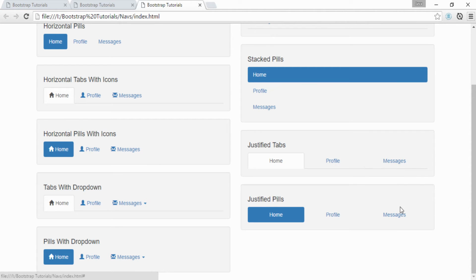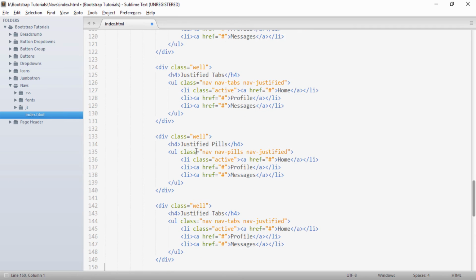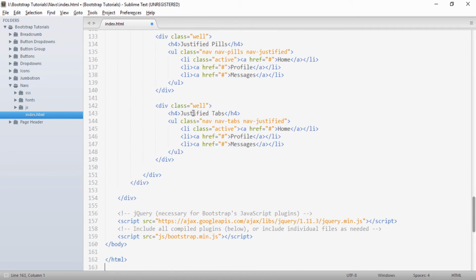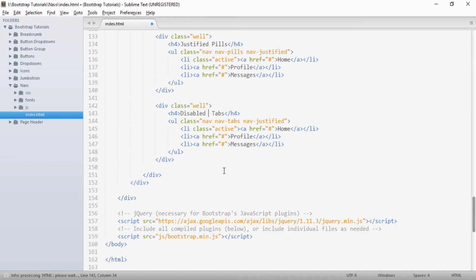So I will go to my editor and just copy this and change the heading to disabled link in tabs, and I will remove this nav justified.